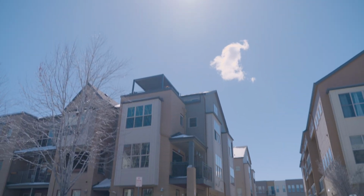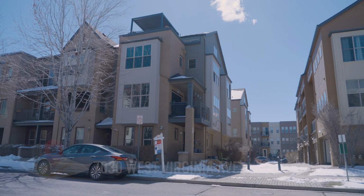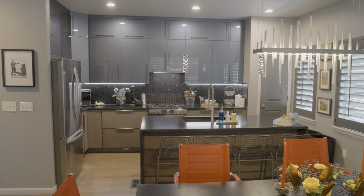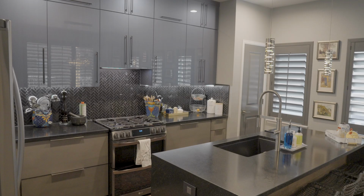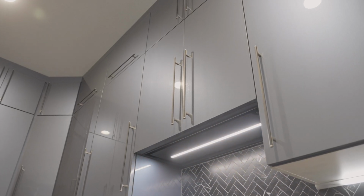Standing here in the kitchen of this listing at 7030 West Virginia Ave, and it's beautiful. You can tell that this is very modern design. It's got two-tone cabinets here, European kind of style, beautiful herringbone backsplash right here. And then it's got the double-edged waterfall off the center island with the granite counters. They did some really nice features here and finishes, and it's everything you could expect from a modern townhome in